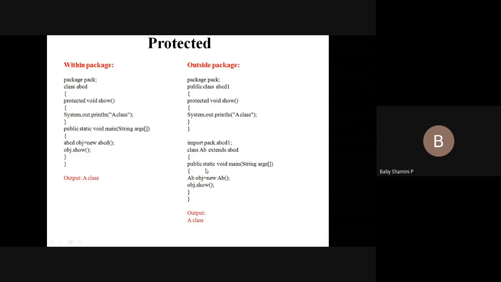This package cannot be accessed from this class because the message is in a public access specifier. If you declare the default specifier also, we cannot access it from outside the package. If you are declaring public, we can use it anywhere. If here I am declaring protected, if you are